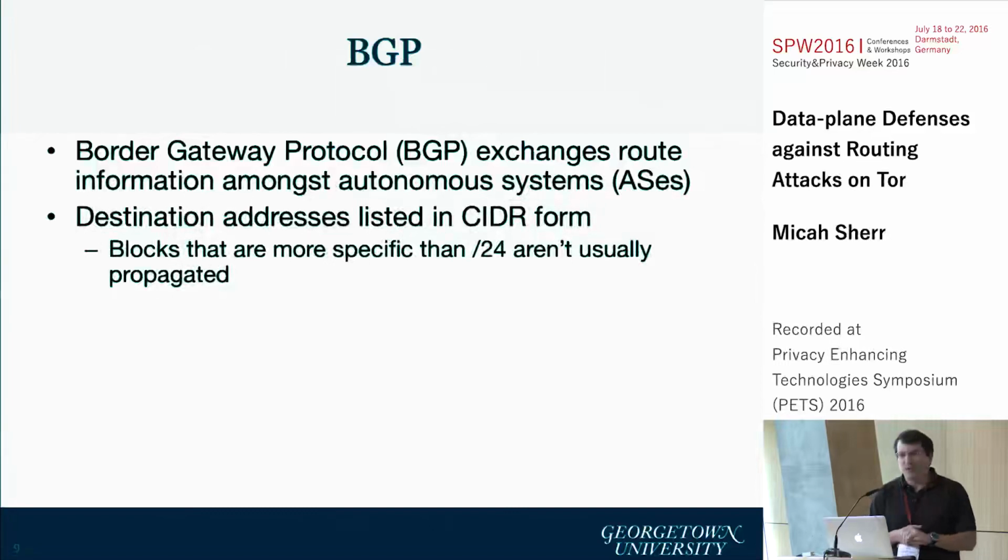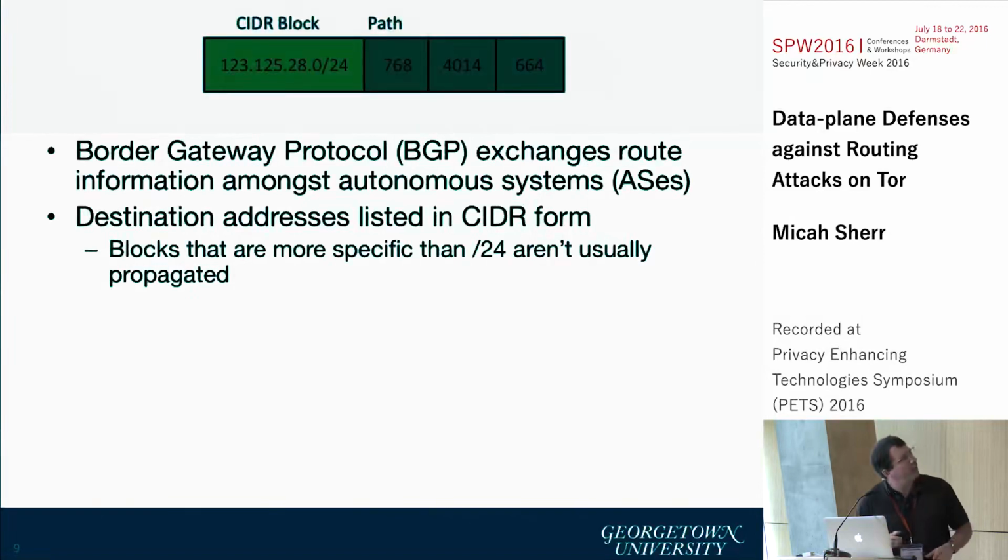As a brief primer on BGP, BGP is a protocol that's not very secure. It's old-ish, and it's used by autonomous systems to exchange routing information so that the internet can just work. It looks like this. It's in CIDR notation, so you have an IP address range and then a path. I guess you can't see that too well, which is ASN numbers. And this is propagated. It's mostly a path vector protocol with some asterisks there.